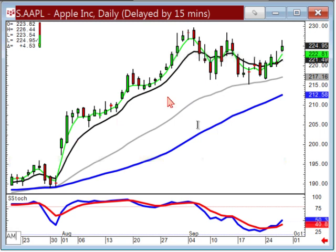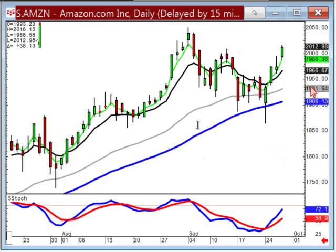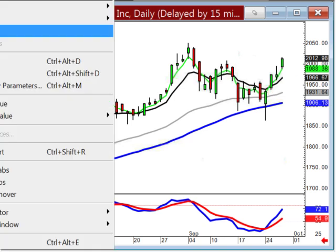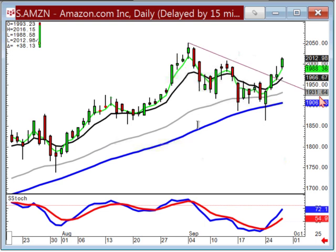Now, you can use these biggies for two factors, I guess. As we can see in Amazon, a piercing signal right off the 50. Breaking this little downtrending channel with a doji sandwich. For you new folks, a doji sandwich is merely a long candle, then a doji, a day of indecision. There's a very simple doji rule, that it's going to move in the direction of how they open after a doji, with the implication that if your stochastics are heading up after a buy signal, that if it opens positive, the magnitude of this candle right here is usually going to be the same magnitude as this candle right here. So when you see that, you can pretty well project that this little downtrend